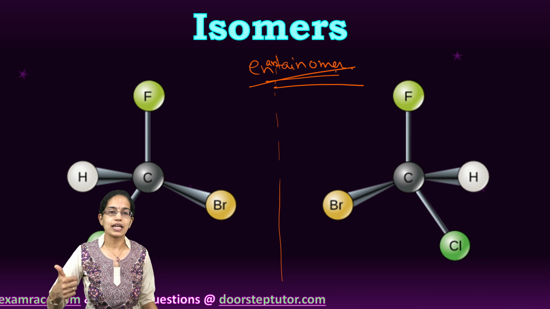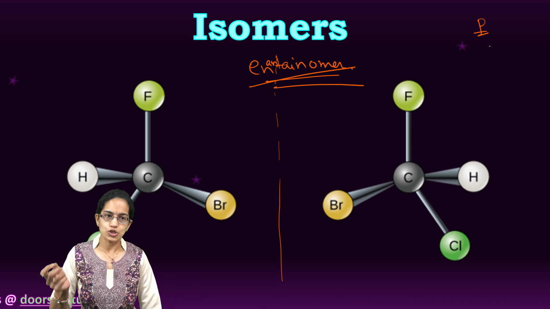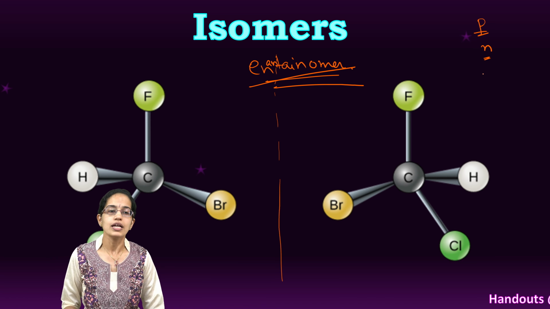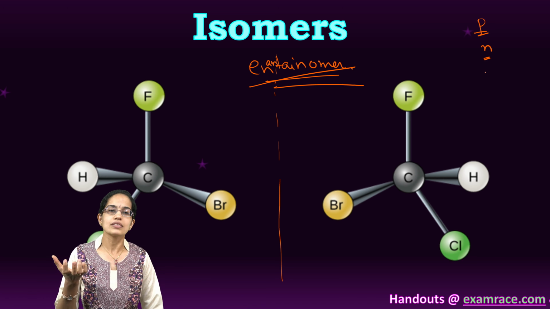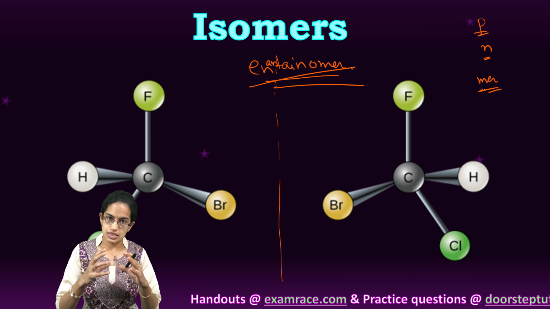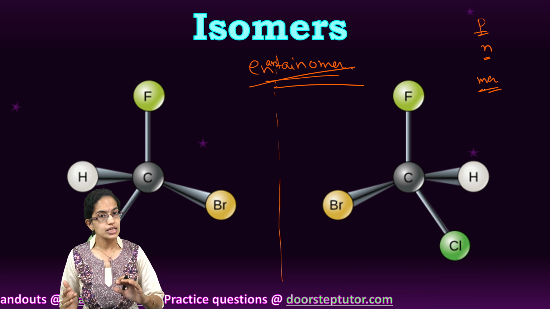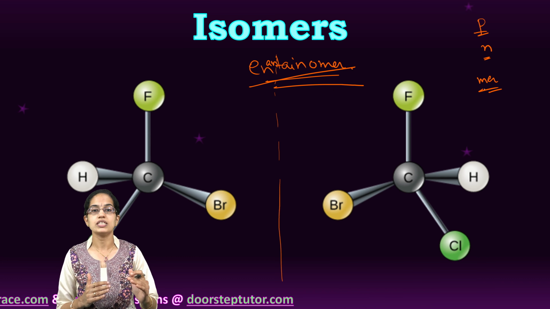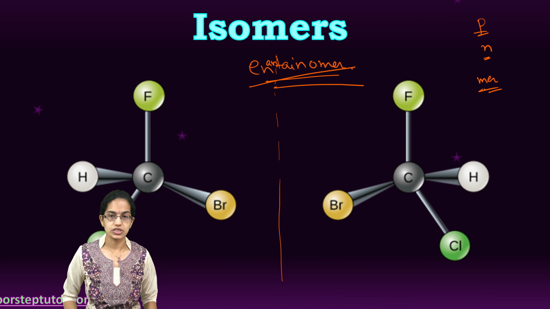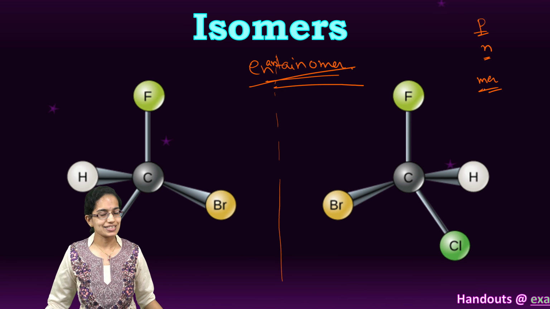I recap again. Isotope has P, so same number of protons. Isotone has the letter N, so same number of neutrons. Isobar has bar, that means the atomic weight. And isomers are those which have the same composition but different arrangement. There could be variation in the geometric arrangement, variation in the structural arrangement, or there could be a mirror image that could be seen. We would be covering many further interesting lectures in chemistry.